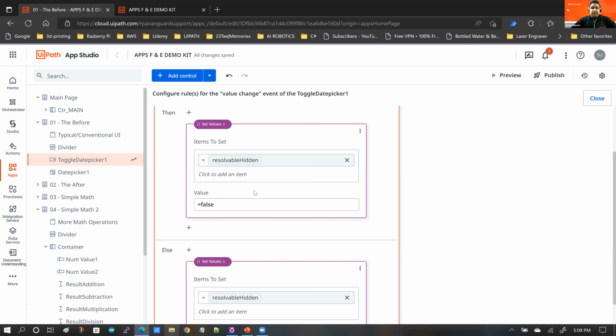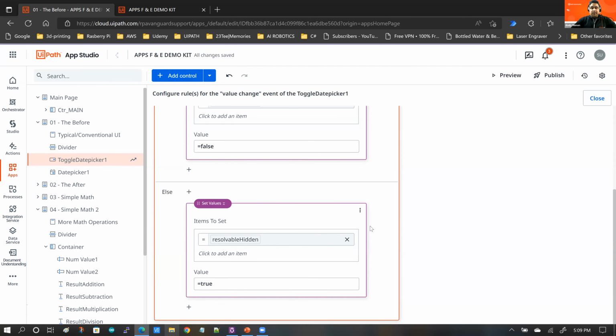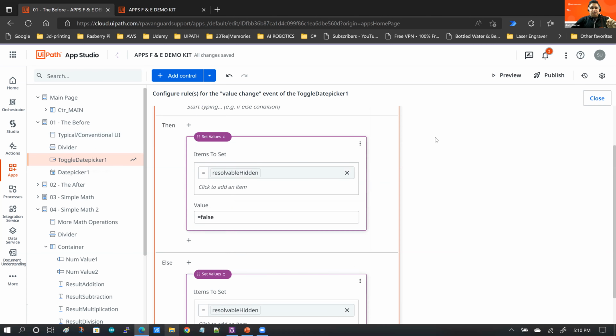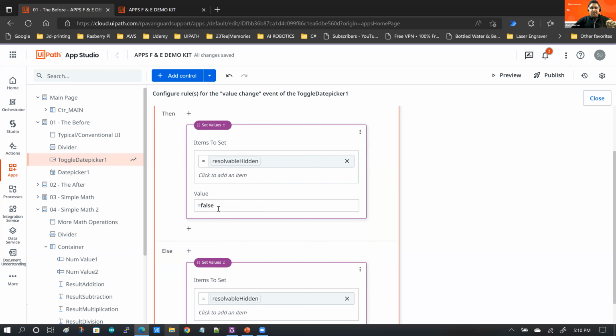But if I select no, then hidden must be made true. Please note that this is a negative question. The question is, should a control be hidden or not? The question is not about whether a control must be visible or not. So we have to make sure that when I select yes, the hidden property of the date picker becomes false